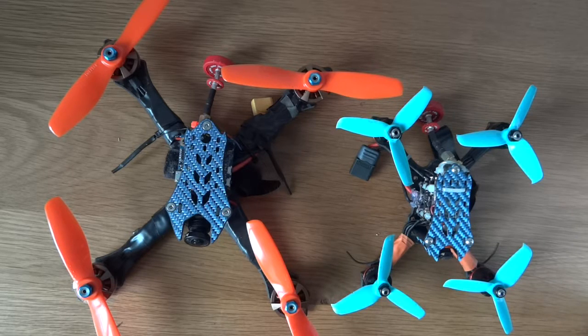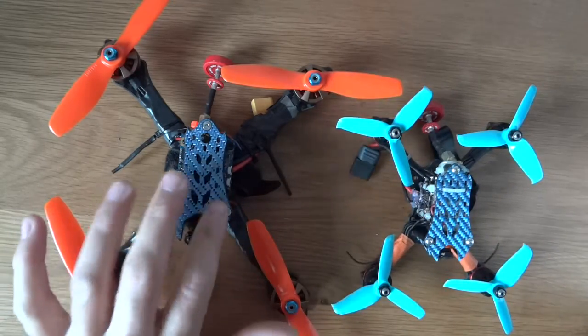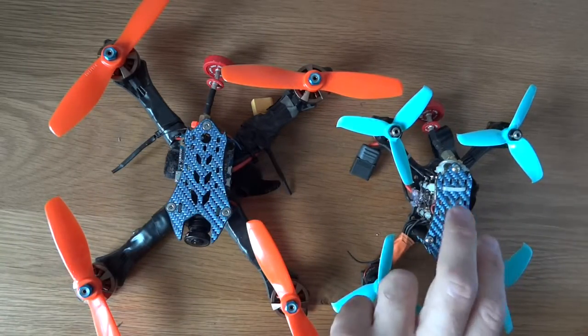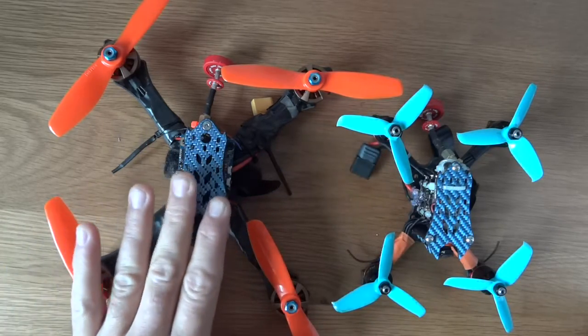I've had a pretty busy week doing bits and bobs. First thing to touch on is I did a bit of a comparison flight between these two guys. This is the Zero S5 Split Edition and my little Zero S3M, just really comparing how they flew side by side to each other. If you've watched the previous videos, you'll know that the S3 is seriously quick, almost too quick. It's an absolute little monster, but it is really easy to fly at the same time, whereas this guy